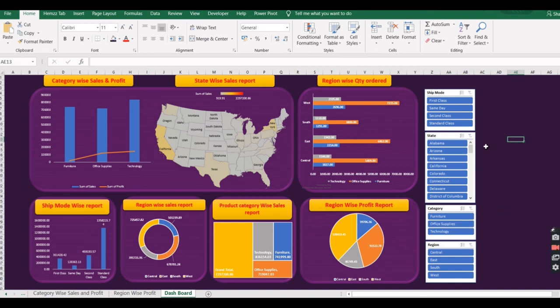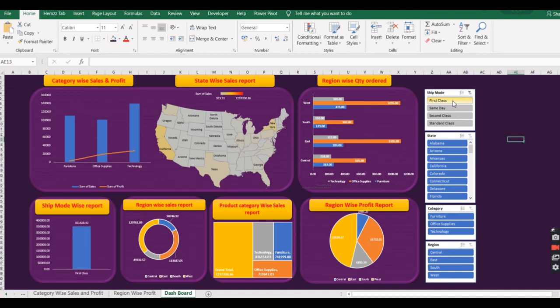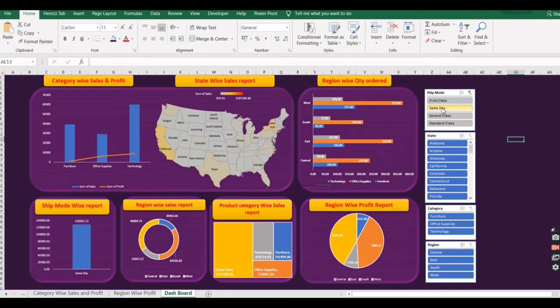So now if I select any filter, the filter will affect all the charts. Let's try this one. If I click on first class, now all the charts will show the first class data. Okay, so if I click on same day, all the charts will show the same day data,